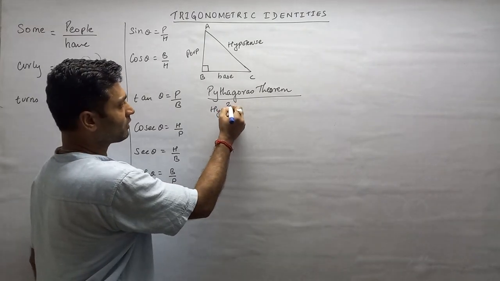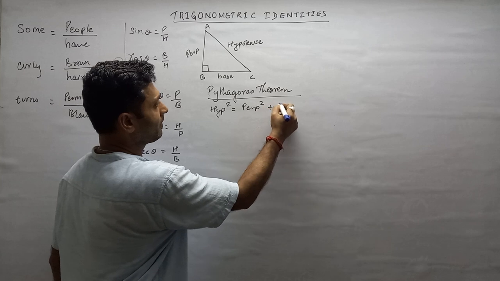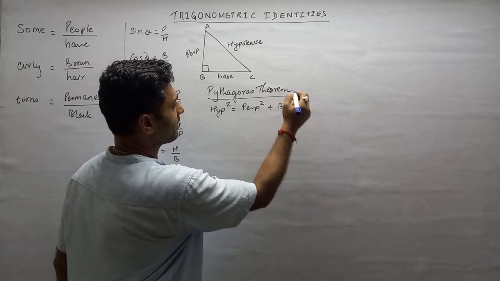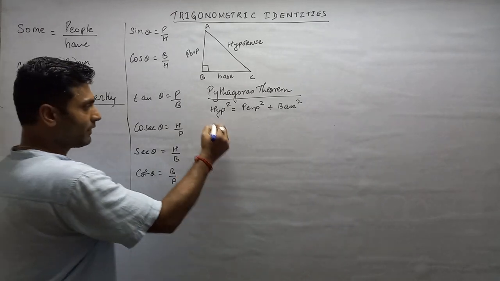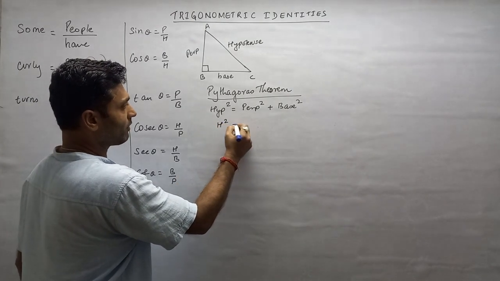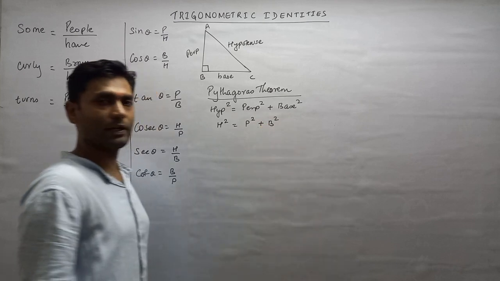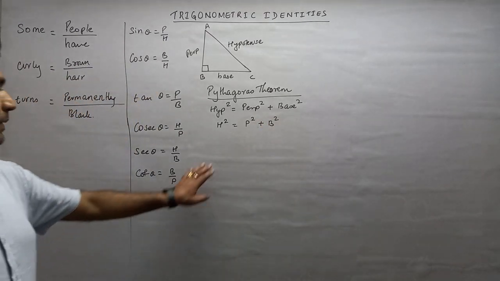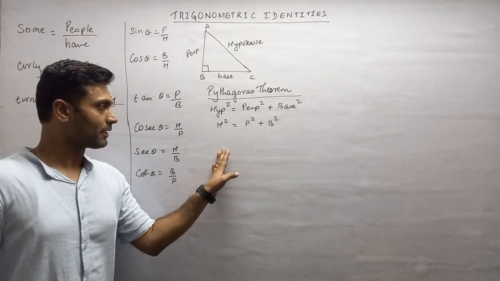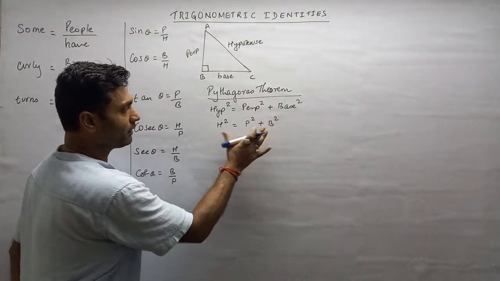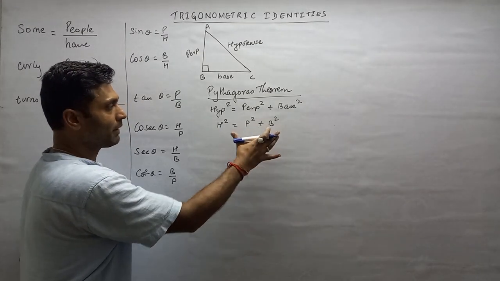So we have hypotenuse square is equal to perpendicular square plus base square. Right? So, in very simple, let me write it as h square is equal to p square plus b square. Right? H square is equal to p square plus b square. Now, in the first case, if I divide both the sides by h square,